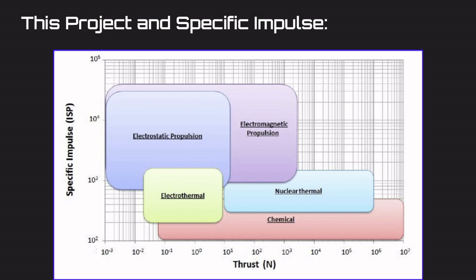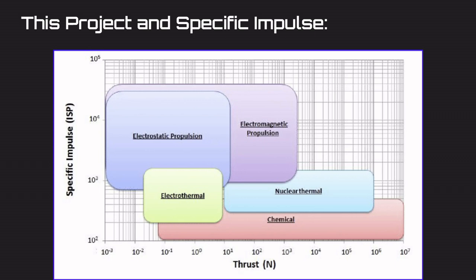And a trend you can see, just as a fun aside, is basically that as your thrust increases, usually your efficiency decreases, and as your thrust decreases, your specific impulse increases. So all that to say, you have to make a trade-off. Do you want a high thrust system, or do you want an efficient system? In this case, we went with an efficient one, but the penalty is that the entire thing basically produces a half Newton of thrust, despite the fact that it weighs